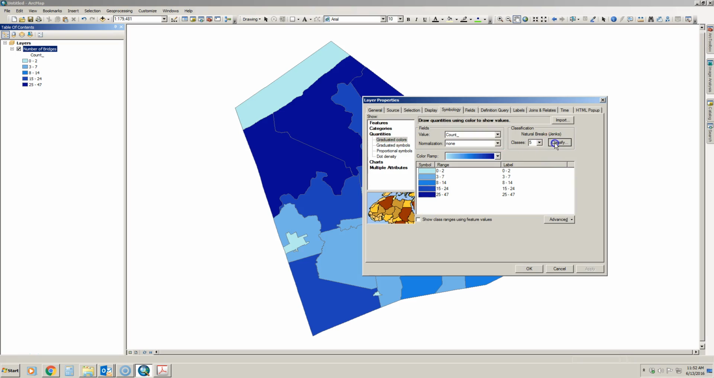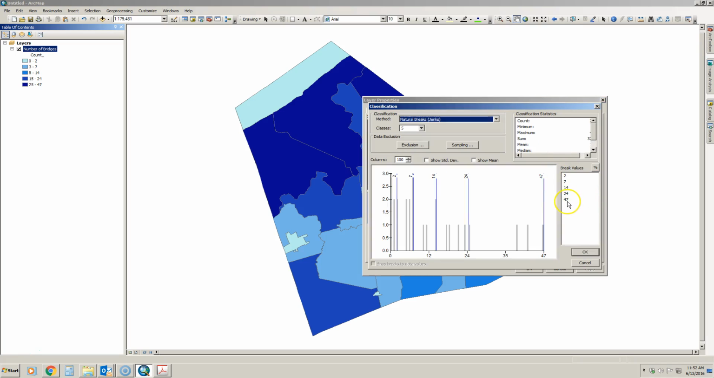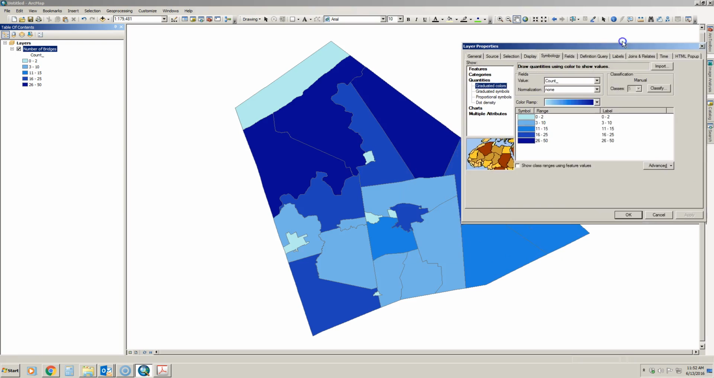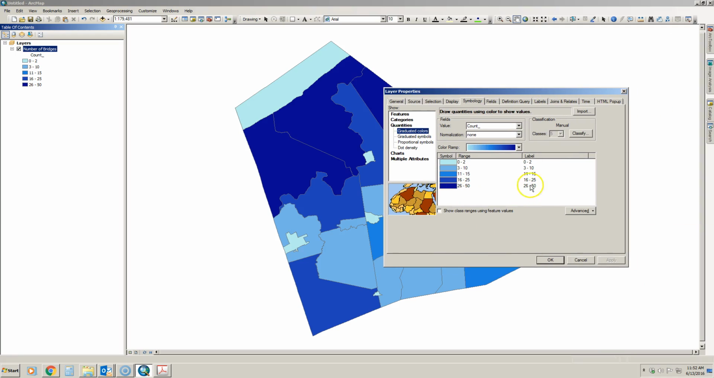And then you could also go in and change your class breaks to round these off. Like I might change that to 50, this to 25, 15, 10, and I would keep that at 2, and then hit OK, and then hit Apply, and you notice that it might change these just a little bit. So now that we have that